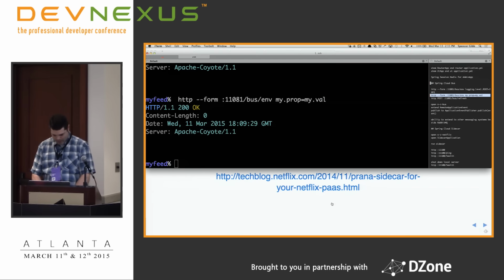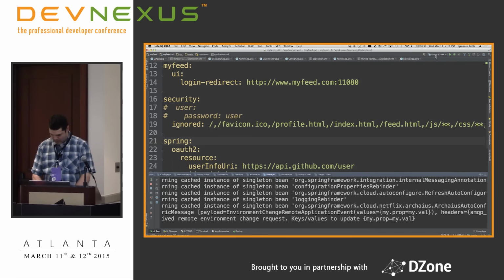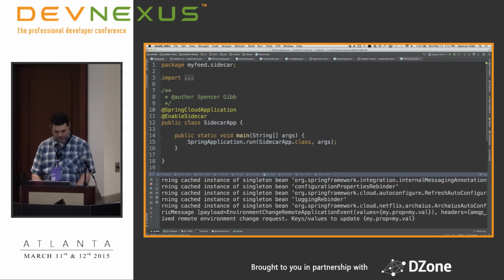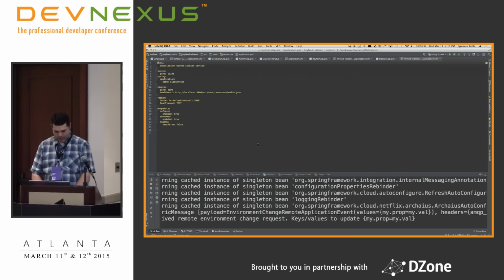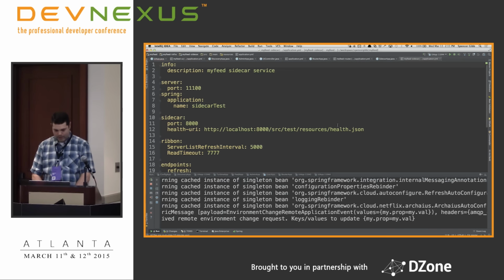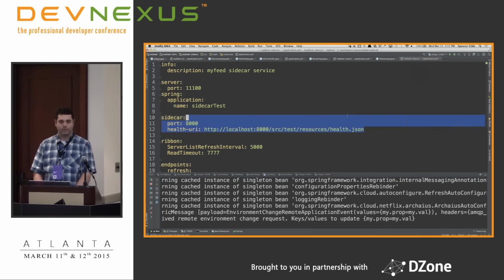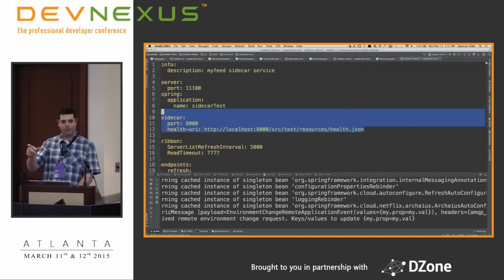Let me run the sidecar, show you, again, at enable sidecar. Now, in the sidecar, you have to tell it about what port your non-JVM app is running on so that it can correctly register that port with Eureka so that when other services ask for your non-JVM app, they get the right port. And then there's a little bit of health plugged in there.